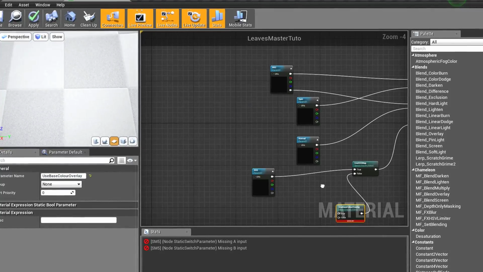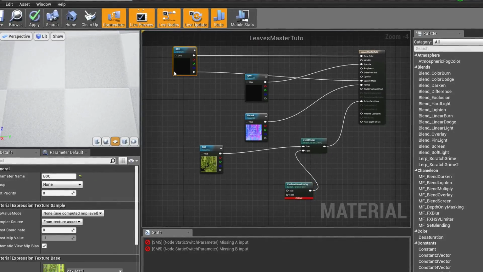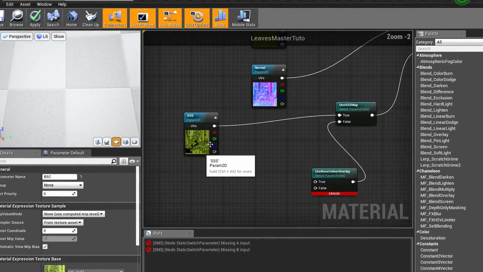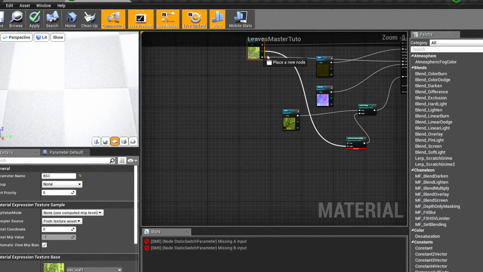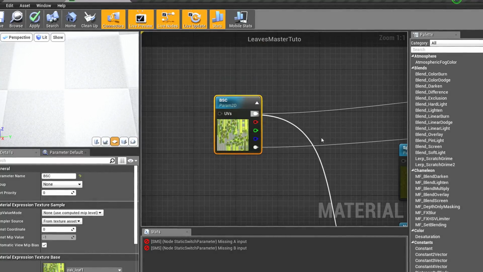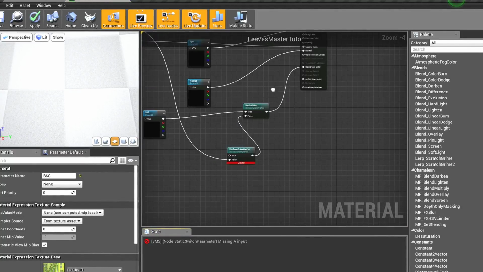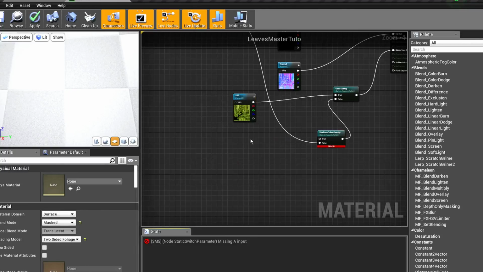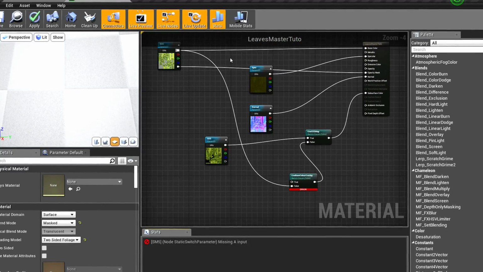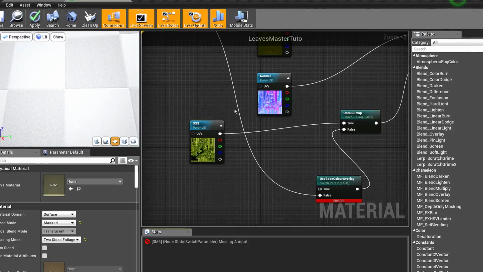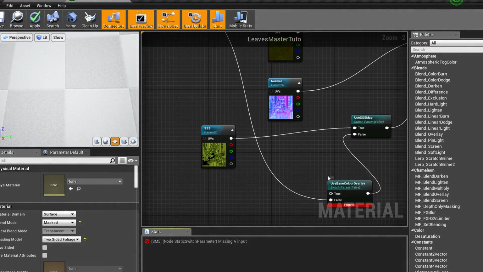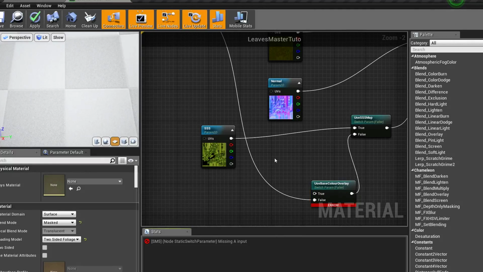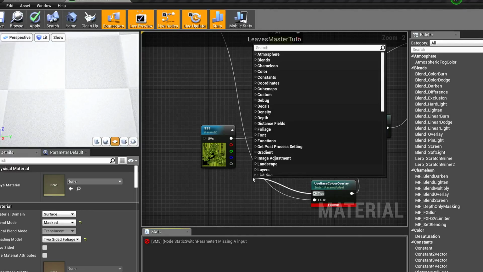Okay, so now what I want to do is, if we don't want any triple S map, we want to just use a base color instead of any triple S map. But if we want to, let's just say, use a base color but we want to add a custom color to it, what do we do? We add this use base color overlay static switch parameter, just another option that you can change in the instance, right? And we're going to say blend